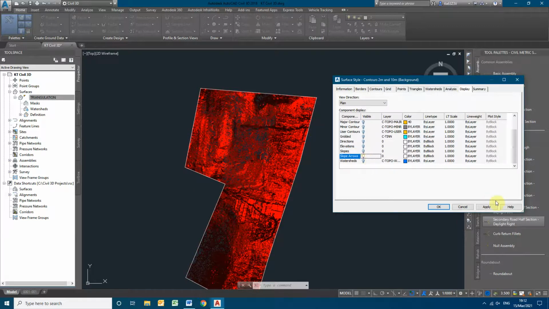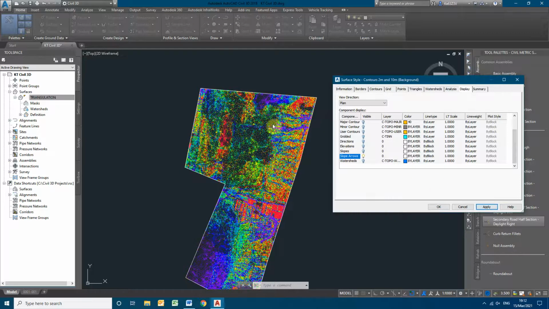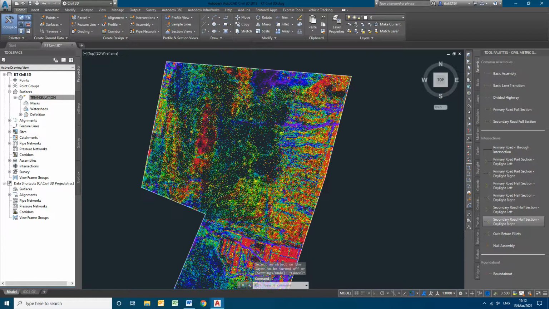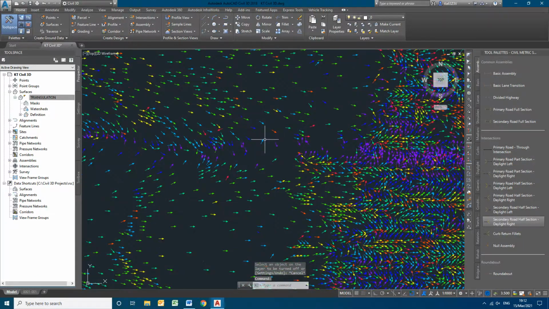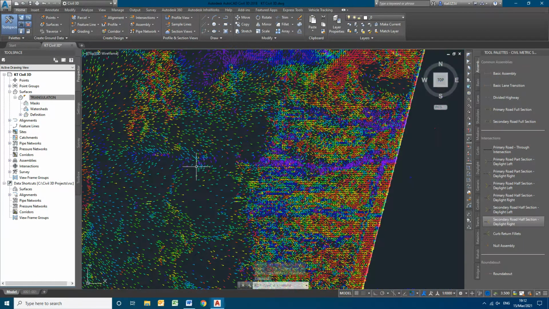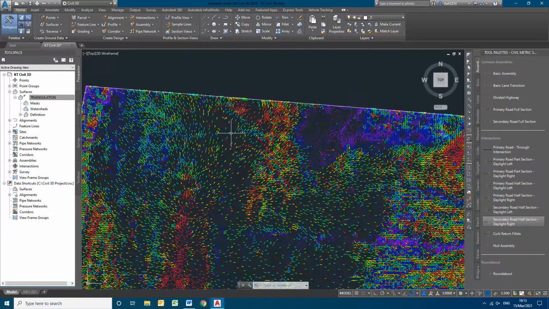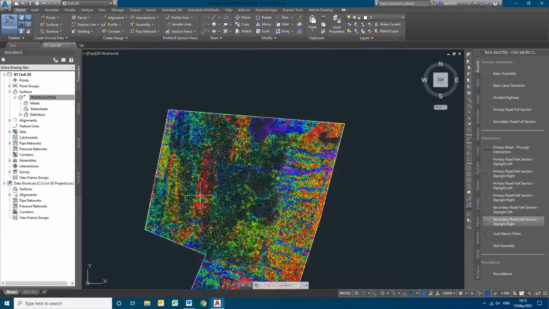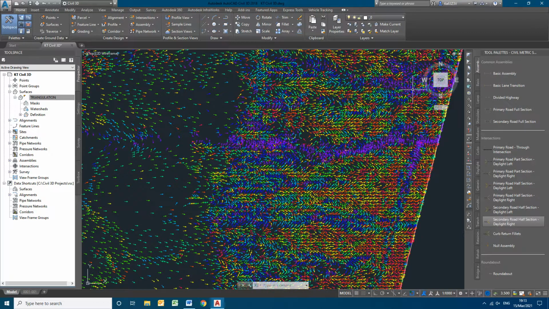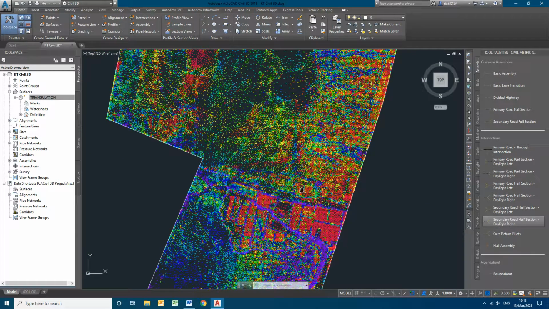Slope arrows. This is one of the good things: just by looking at the slope arrows we can understand how the drain patterns are in the area. Accordingly we can find out the outfall locations which will be used for the drain, based on which our element can be proposed.